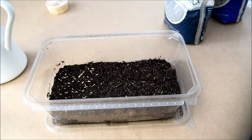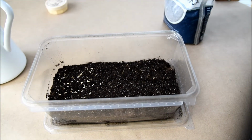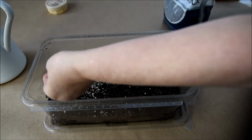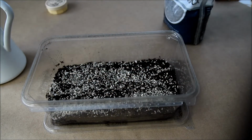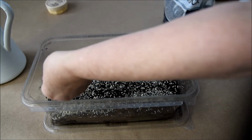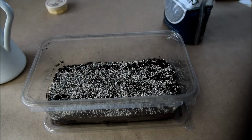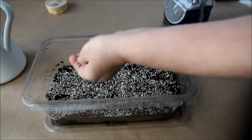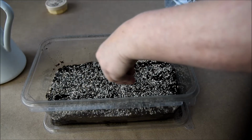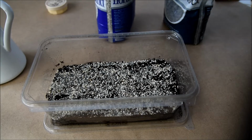So now we're going to top up or put a little layer of horticultural sand. It's not real fine sand, it's actually rather coarse. And I'm just going to sprinkle that on top. And I find that the horticultural sand works better. You don't get the green, kind of the mold or fungus with the sand. And it has a tendency to hold the moisture in a bit better. And supposedly fungus gnats don't like to get down into it. And then